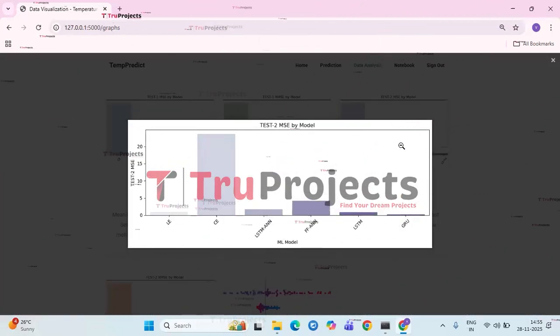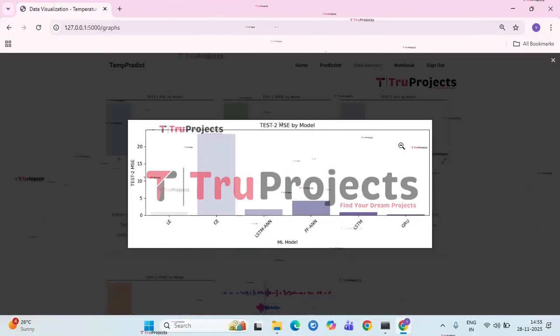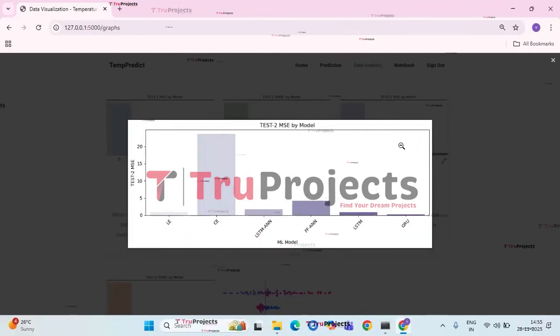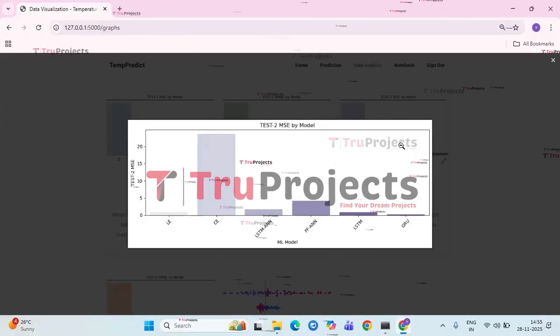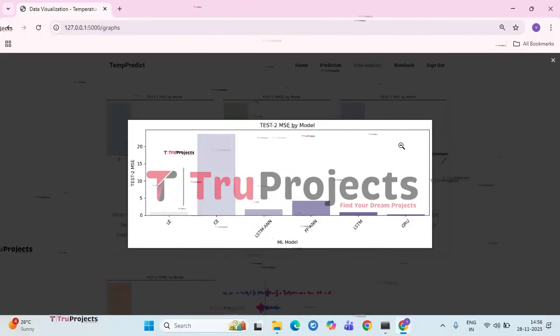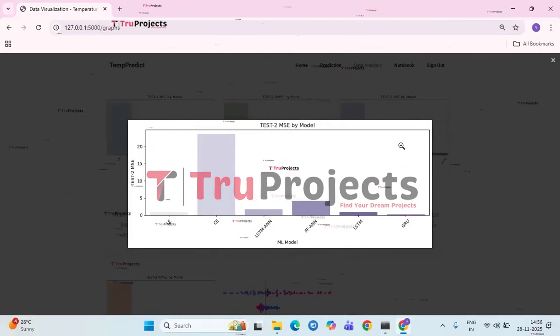This graph compares the mean squared error of different machine learning models on the test data 2 dataset. MSE measures the average squared difference between predicted and actual values. So, lower MSE means better predictive accuracy. In the chart, the CE model stands out with an extremely high MSE value, indicating very poor performance and large prediction errors.